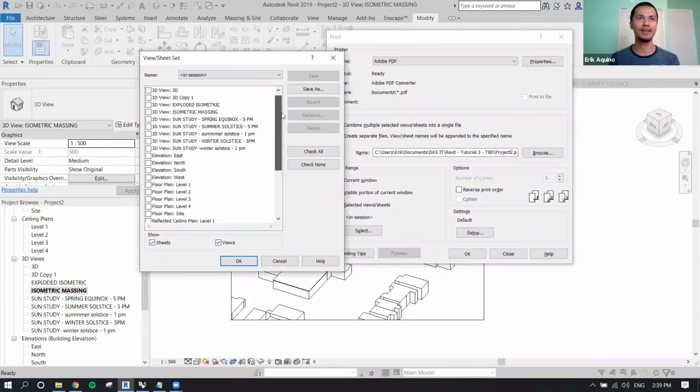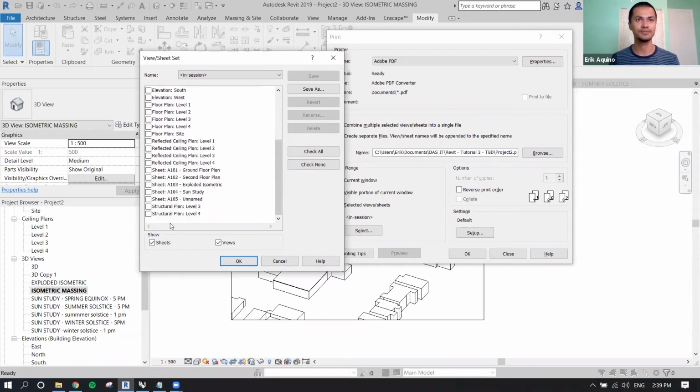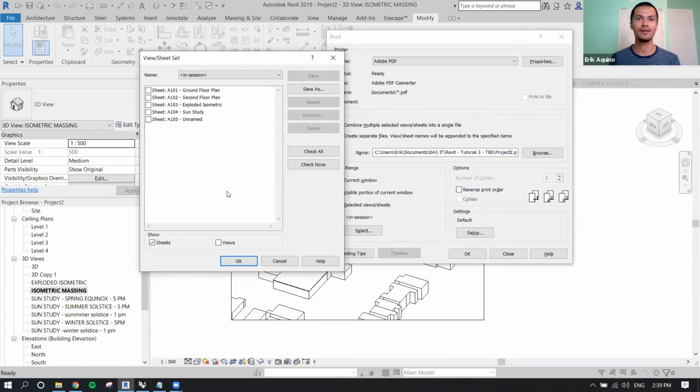Everything that's within this drop-down is either a view, so your ceiling plans, your 3D views, your elevations, or a sheet. So you'll know what it's a sheet because it has sheet as the prefix. We'll deselect views because we don't want to print all those, and select everything that wants to be printed. I don't have anything on my second floor plan, so I'll leave that out,